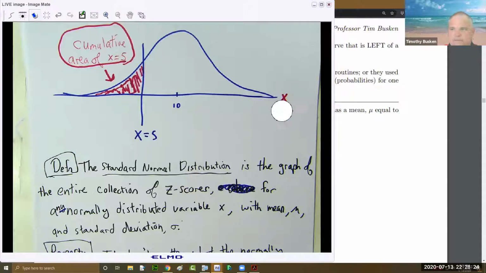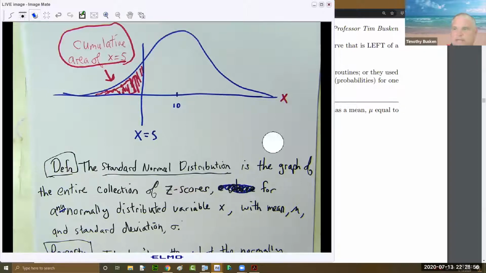So if you have a normally distributed variable x and it's centered at, say, mu equals 10, well, we know that there's an infinite number of x values appearing along this x-axis. If you could find the z-scores for every one of those values of x, that collection would be called the standard